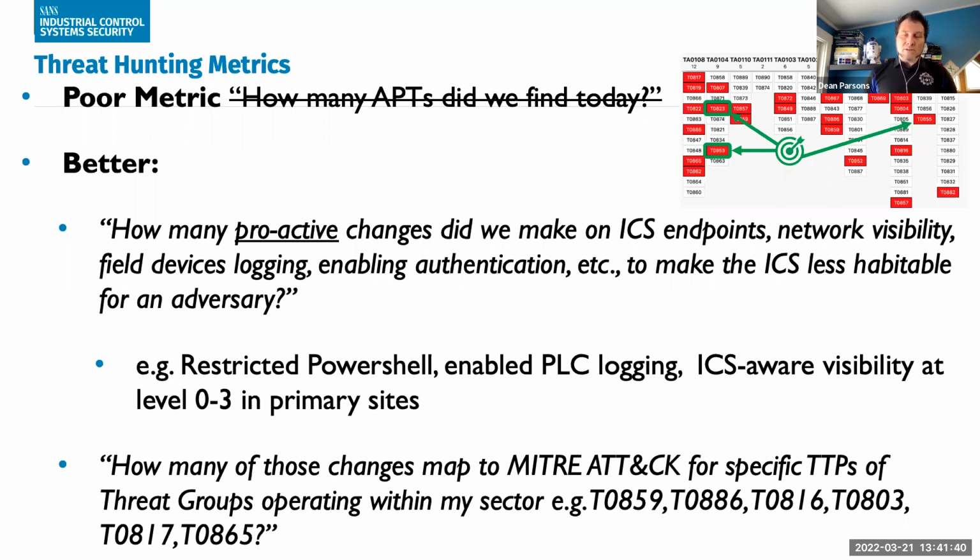What now new PLC logging have you enabled in your environment, which are now maybe not just local, but they're network-based as well. What areas of the network have you improved your ICS aware visibility at the lower levels of the Purdue? So getting the control traffic to understand what those commands are going to the RTUs in the field. And another one as well, of course, a metric to follow up on is how many of those changes that were made map specifically to a standard framework like the MITRE ATT&CK for ICS, and some of them are labeled here. So these are generally some of the metrics we'd suggest following rather than finding your next APT in the